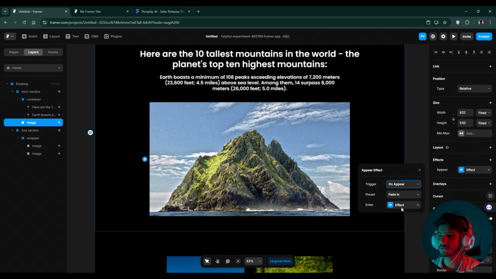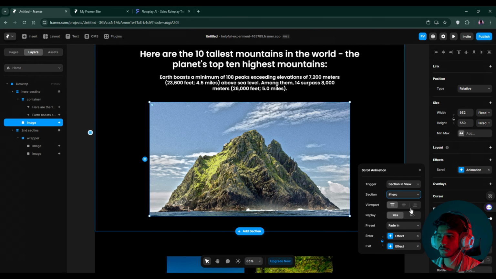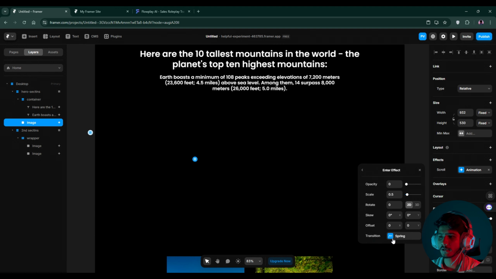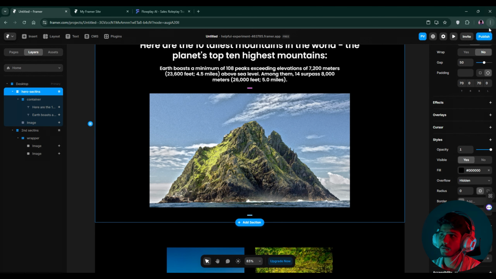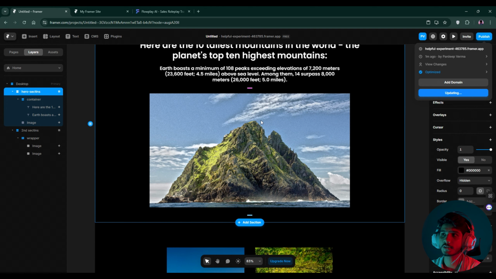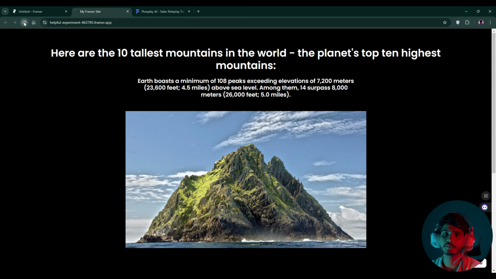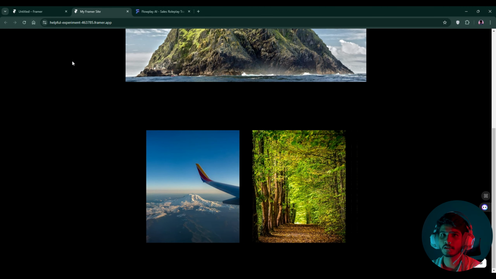So simply go to the appear, select the section, go to the here section, in the middle one replay no, and select the scale in animation. Remove the exit panel and go into this and select the scale, time to 1, and it has 0.1 animation, and delay to 0.2 as we were doing before. Okay, after that we will go to the publish button and publish the link, and simply go back to the same link and reload it. As we can see, our animations are working well.